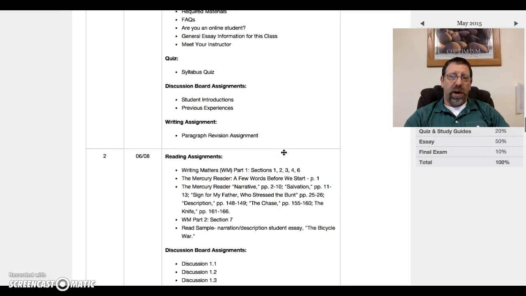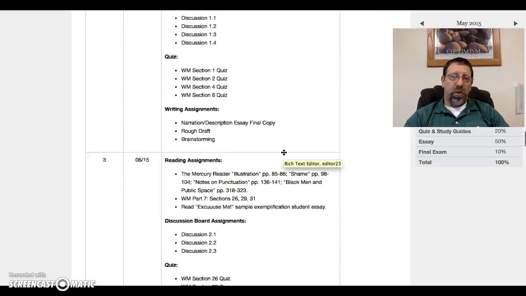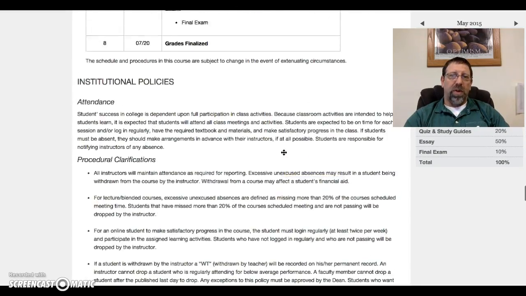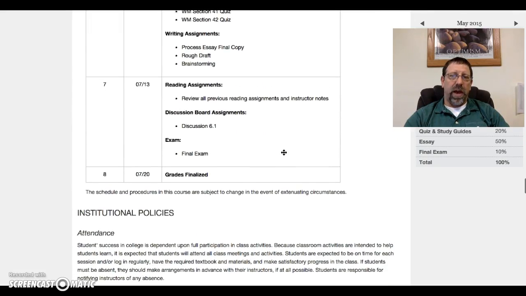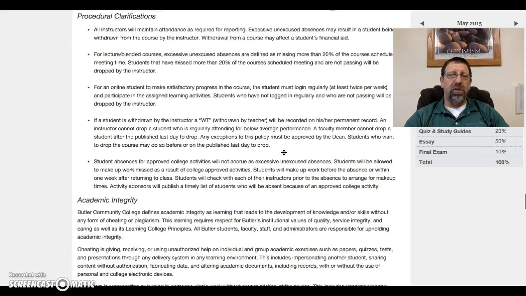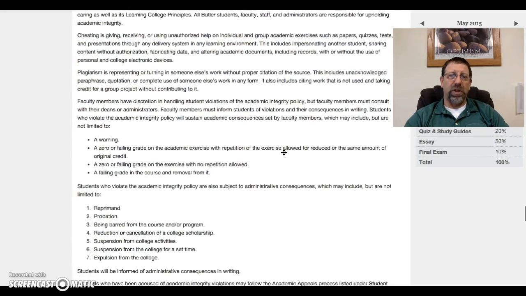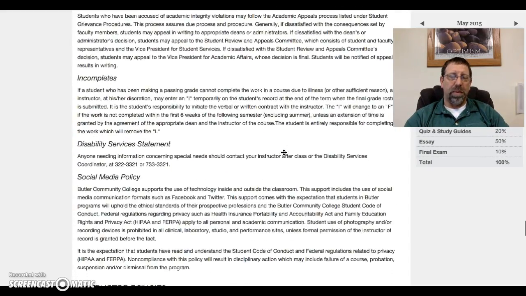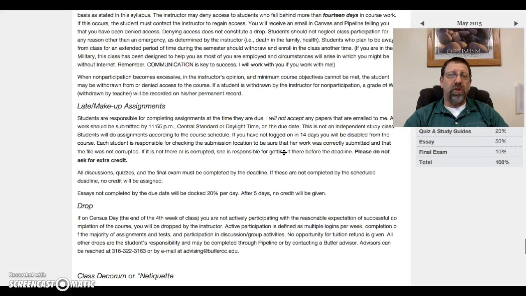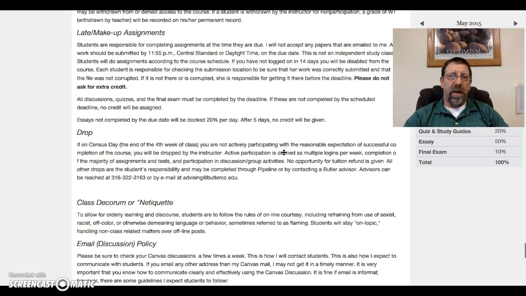And as we go through here, you'll notice there's week 2, week 3, week 4, and so on. As we go through that, make sure you read through that and you're very clear on what's due and when it's due. Under institutional policies, again, there's more information here in the syllabus. It's very important. I want to direct your attention down to the instructor policies. There are several things that I really want to make sure are very clear, and that starts with this